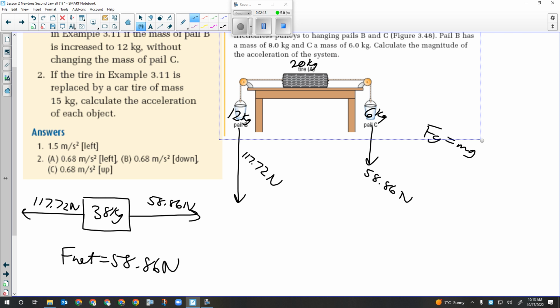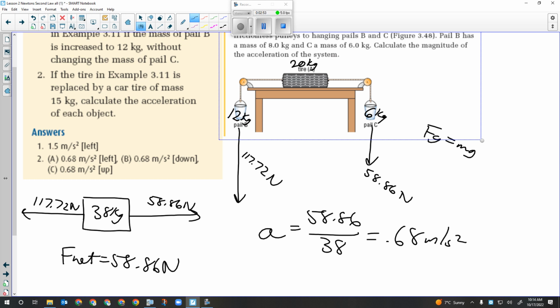Divide it by the mass. Which mass? They want the acceleration of the tire. The whole mass. That's that wording trick I told you might come up. This one says calculate the acceleration of the tire. It doesn't say calculate the acceleration of the system. And then people go, oh, I just divide by 20. No, I still divide by the whole mass of the system. So acceleration will be 58.86 divided by the total mass of the system, 38 kilograms. And that should come out to 0.68